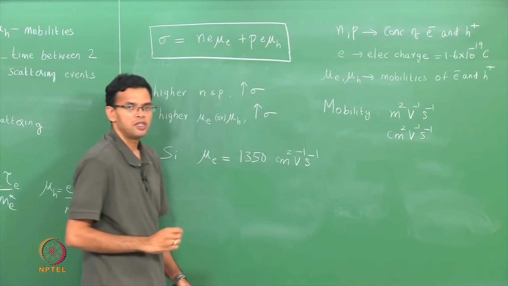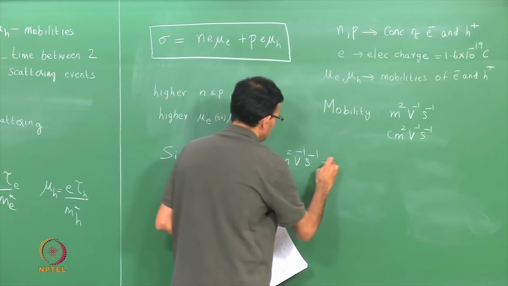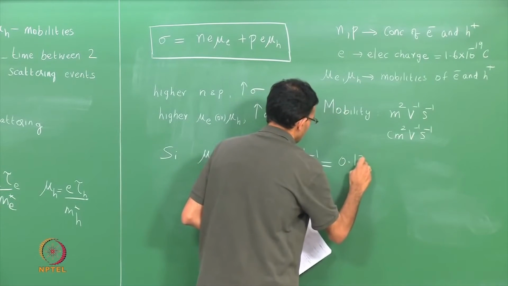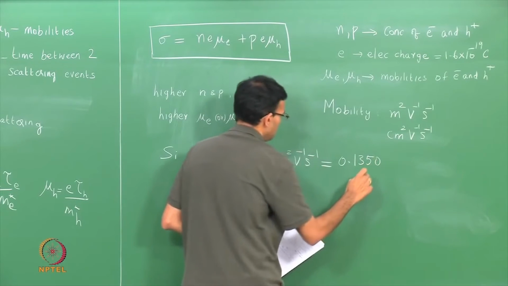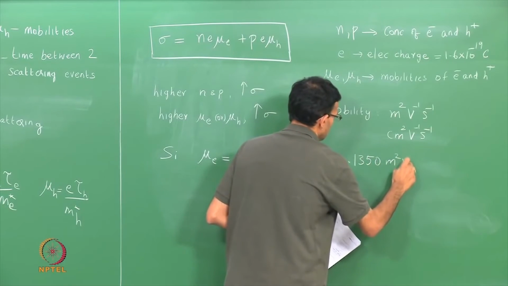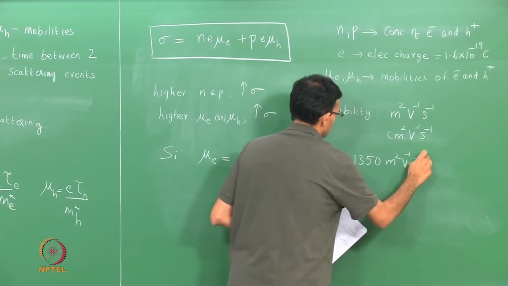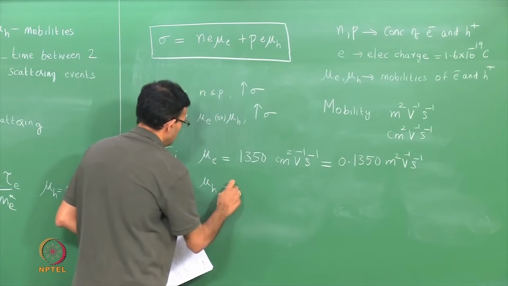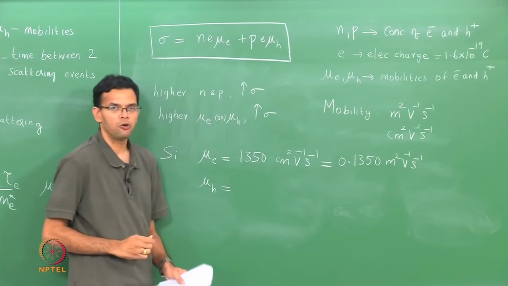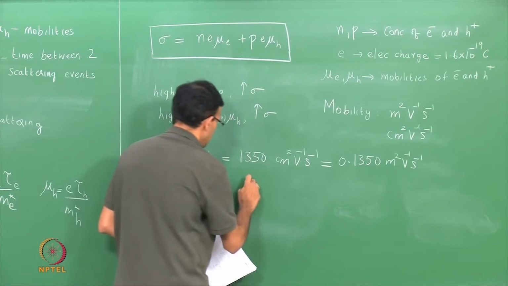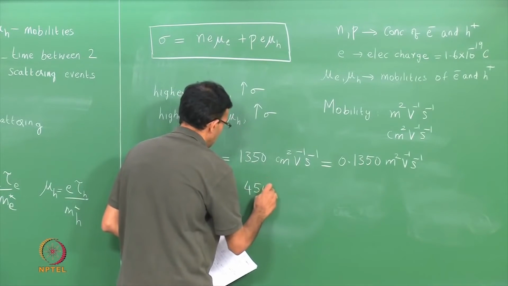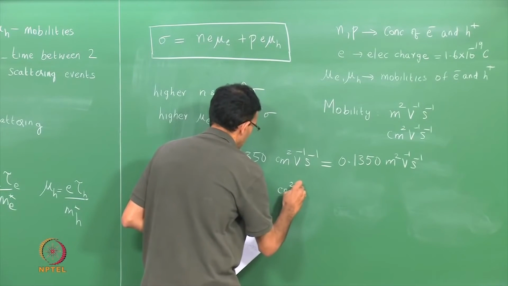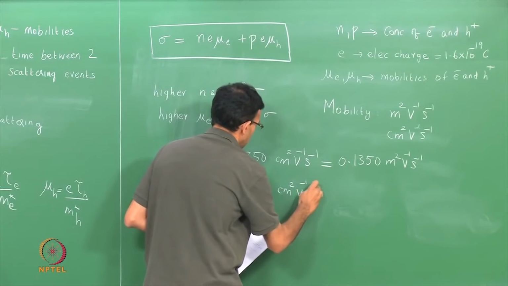If you want to convert this to SI units, you just divide by 10 to the 4. Mu h, which refers to the mobility of the holes in the valence band, is slightly smaller, around 450 centimeter square per volt per second,